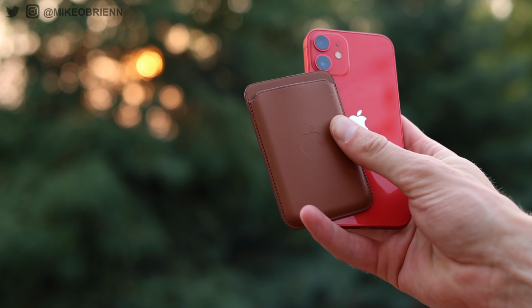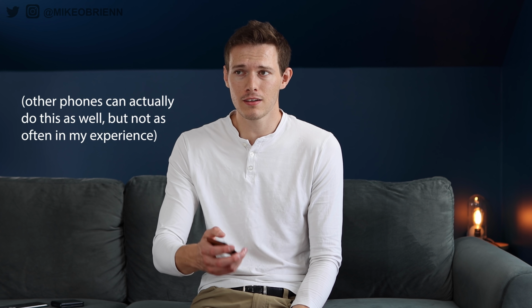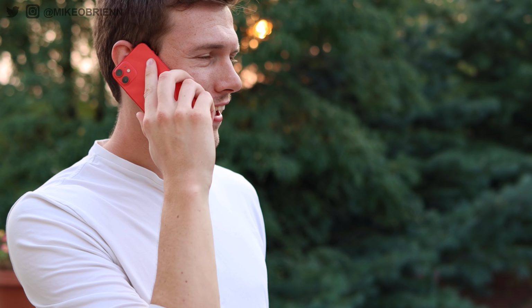But even more interesting than that, and this is one that I really struggled with having the iPhone mini or the iPhone 12 in general, is the MagSafe I found did affect things like hotel key cards, for example. So if you go to a hotel and you put your hotel key card on the back of your phone, the magnets are going to interact with the magnets on that card and inevitably is going to demagnetize the card or at least alter the magnetization of the card, and more times than not, I'm unable to get into my room. When I go down to the hotel desk, they always ask, did you have this on the back of an iPhone 12? And when I say yes, they tell me I shouldn't be doing that because that's causing problems